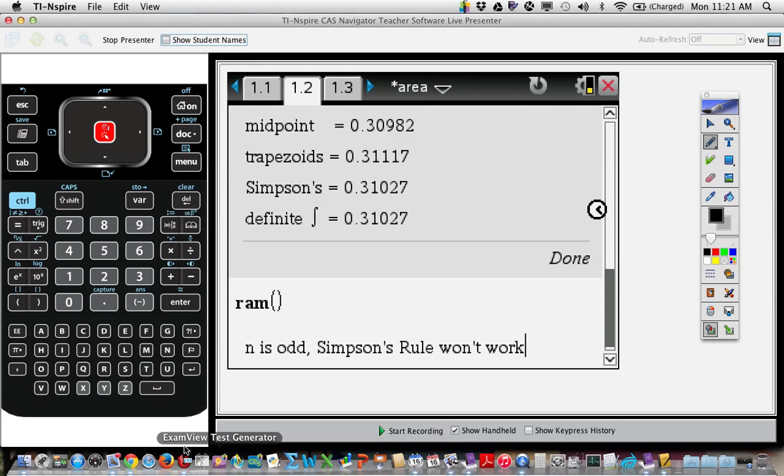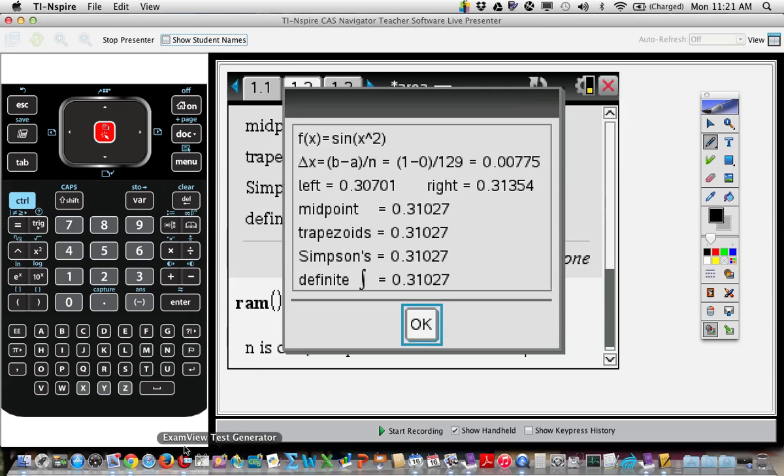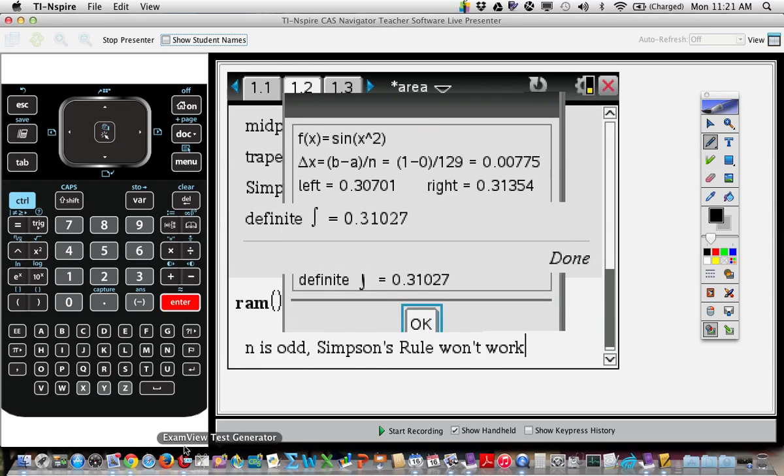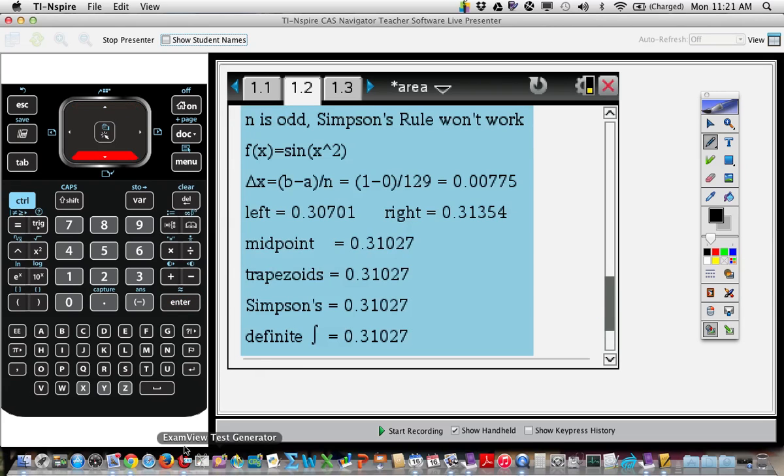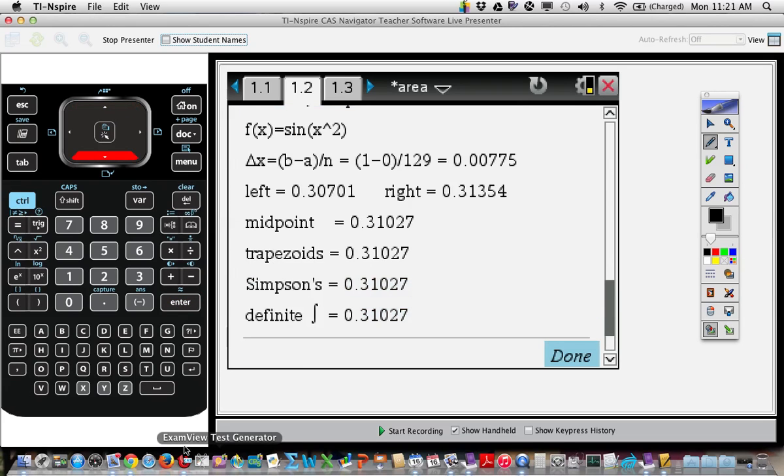Okay, let's do 130. Yeah, because it does them all for us, and it doesn't like Simpson's rule. Oh, did it give it to us then, though? Oh, it still did it. Oh, well, there it is. It's right here. Yeah, good. Okay, now, oops. Is that it? Yeah, that's it right there. Okay, now here's the left,